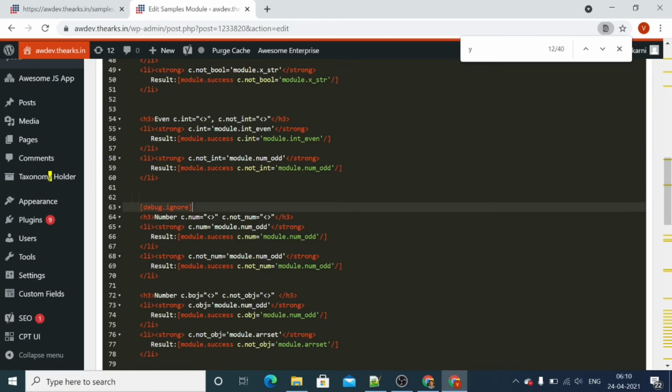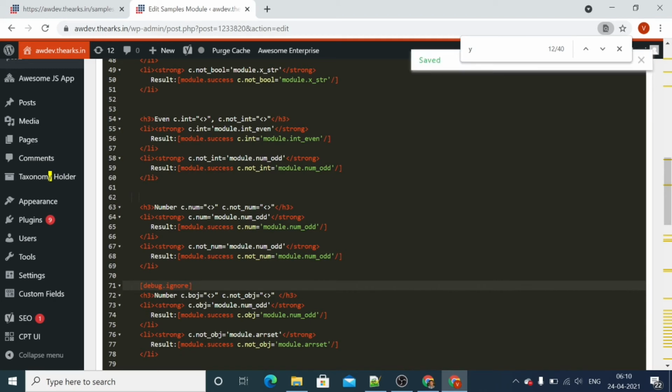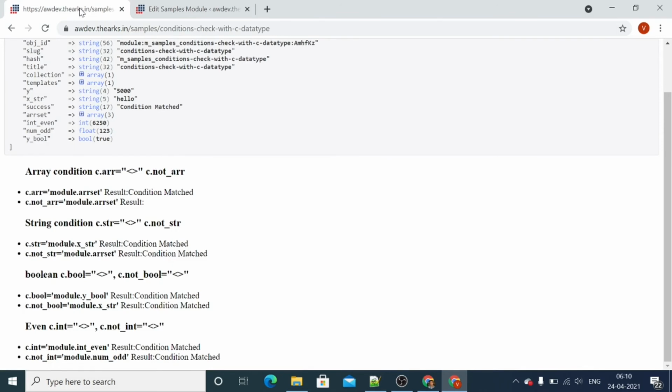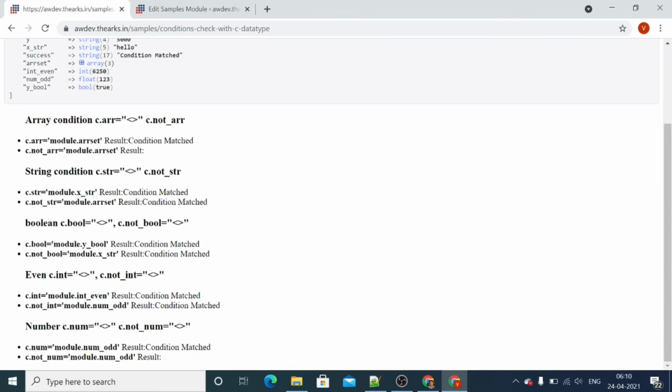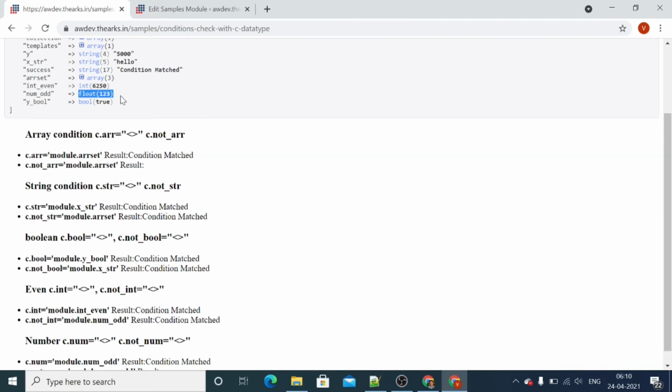Now let's check the number. To check the number, we have c.num and c.notnum. In a similar manner, this will also work. With c.num on module.numodd, this condition is matched because numodd is a float.